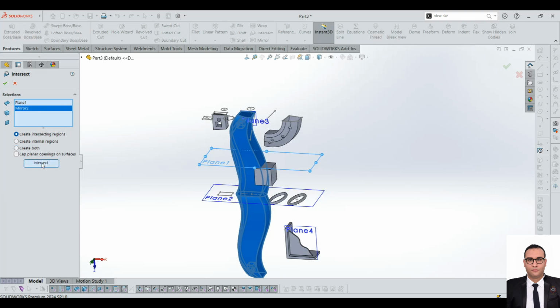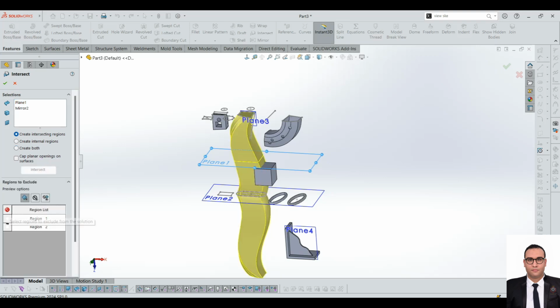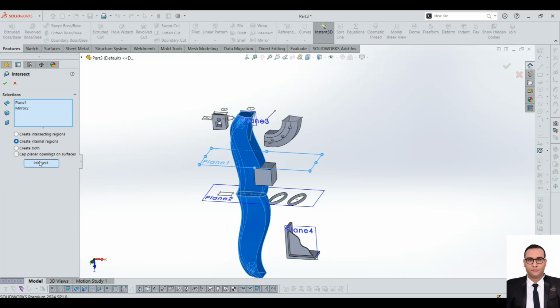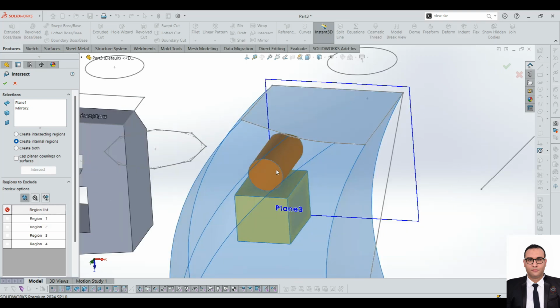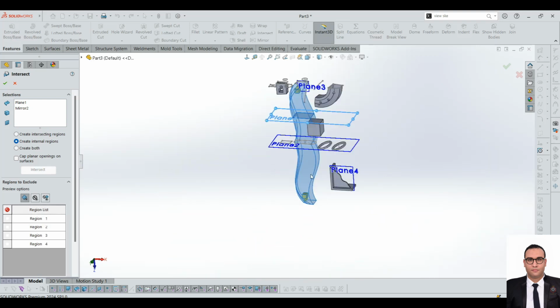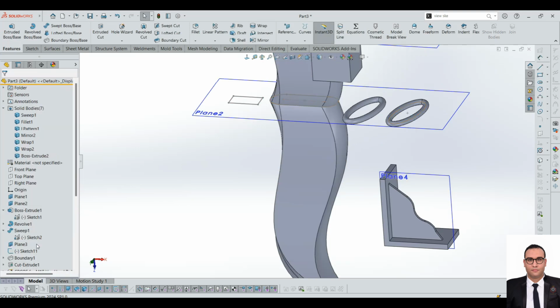This will be creating only the intersection region, which is this and this. This will be creating the internal region, to give us the interior region, because we have those bodies. You see here, if we remove those bodies too, it will not be created. If we remove this function here,